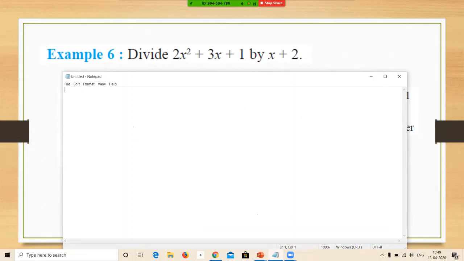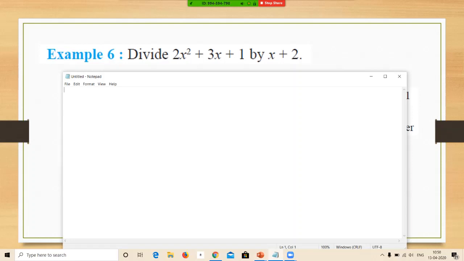Now, first and foremost, one thing should be very clear in your mind: either you arrange the dividend and the divisor in an ascending order or a descending order if not given. Here it's very properly given. x squared to the power of 1, here also to the power of 1. So not an issue. Start with it, all of you. Let's see where you go and whether you remember it or not. Long division method is what I'm talking about.